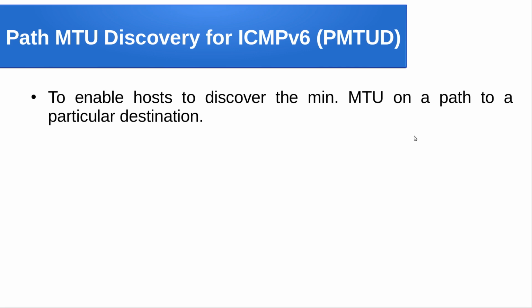Out of this, the minimum is 100. And with this 100, if you are sending that information, definitely it will cross through the entire path. But if you are sending some information with a size greater than that, on the way it has to be fragmented. But we are not doing that fragmentation at the intermediate routers when it comes to ICMP version 6. Because that fragmentation and redoing it leads to a lot of complexity for the intermediate routers, that we can simply avoid if we restrict like that. Okay, so that is the idea.